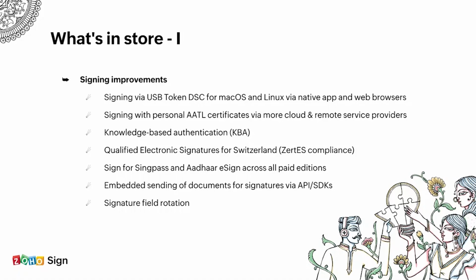And as I was saying, we are planning to open up some more features across all paid editions. So the Sign for Sync Pass and the other e-sign features that we launched earlier this year remain restricted to our enterprise plan at this point, but we hope to open this up to all paid editions soon. And we hope that will drive more business and make it easier for businesses using them. Now, similar to embedded signing, we're also going to support embedded sending of documents for signatures through APIs and SDKs. And there are a couple of other smaller changes, like being able to rotate the signature field and so on,